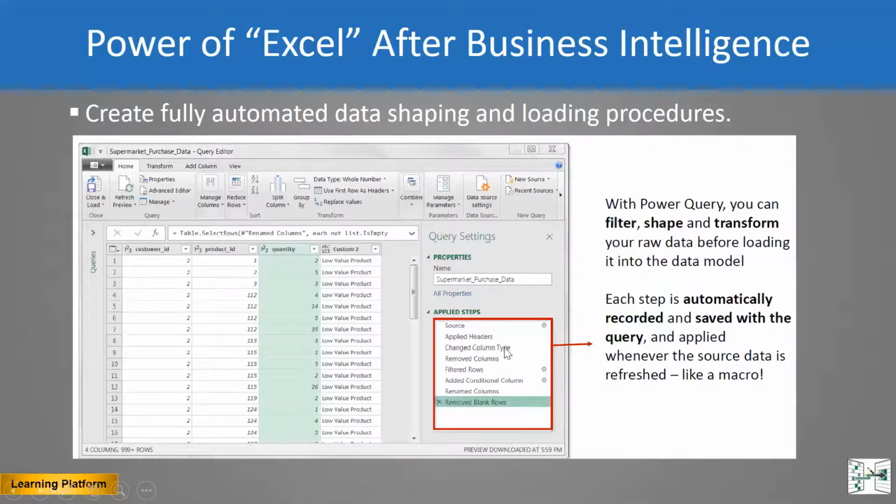So this is kind of a macro, basically. We used to do this with macros in Excel. When you record a macro, what is the purpose? You are recording each and every step so you can repeat it again. Similarly, in Power Query, each and every action you perform is recorded here. If you want to remove one step, you can remove it very easily by pressing delete.